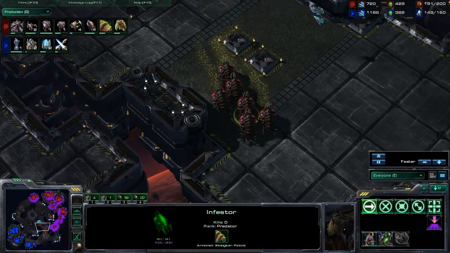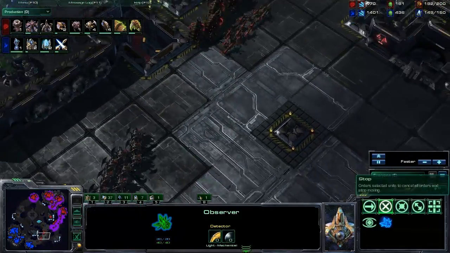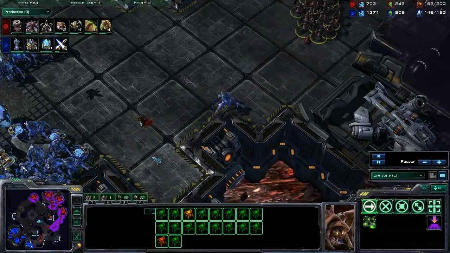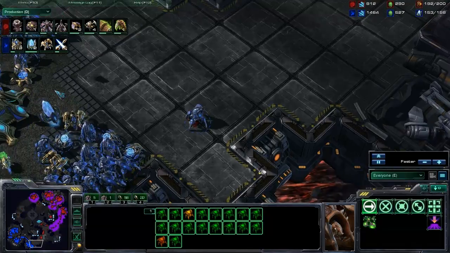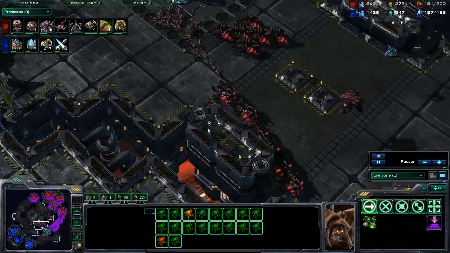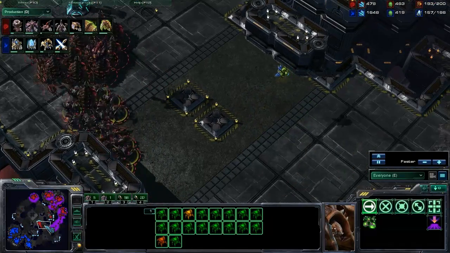And these infestors get spotted by the observer over there. And the observer is there because we had Burrow on the roaches, and Burrow on the roaches is really strong because they can move underground and they regenerate quicker when they get burrowed. And of course that is a major deal in...